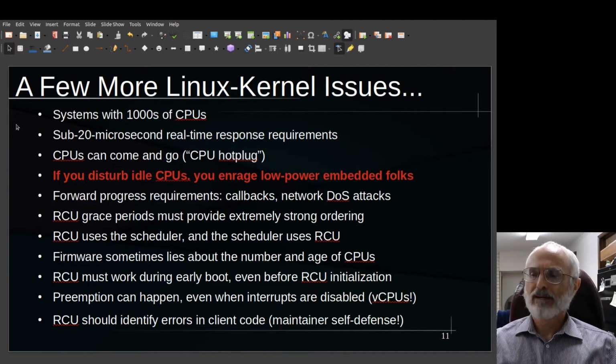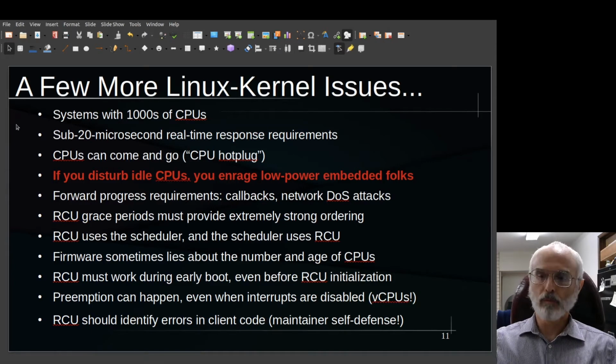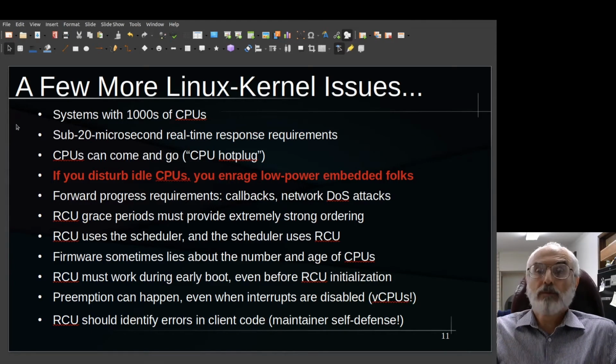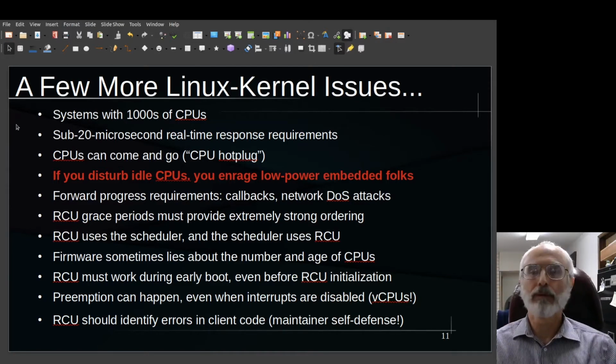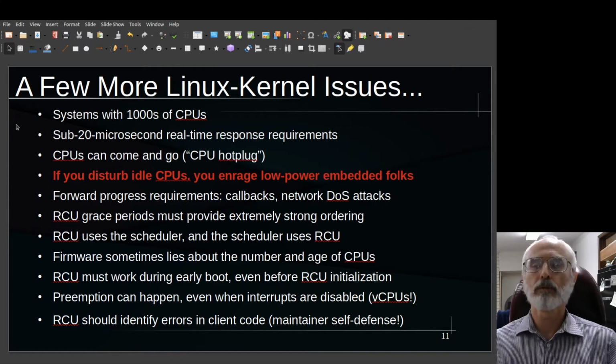Well, not anymore, but when I was doing this work, one of the problems was that the Linux kernel could take an interrupt and never return. This was used intentionally. It was part of a way of communicating with user space. So what would happen is you'd increment and never decrement. Then you'd never reach zero, and you would never avoid disturbing the CPU, and you'd have embedded people upset at you.